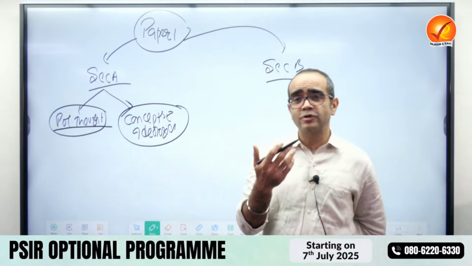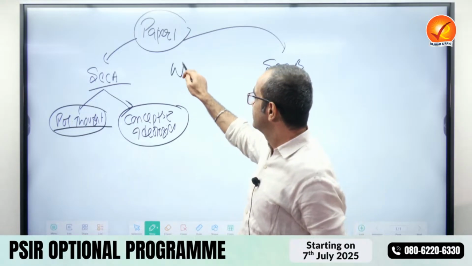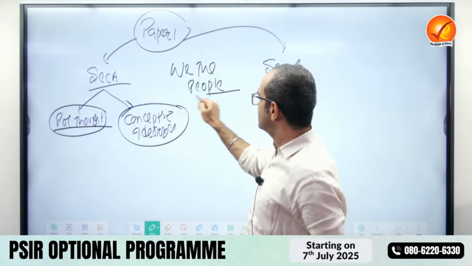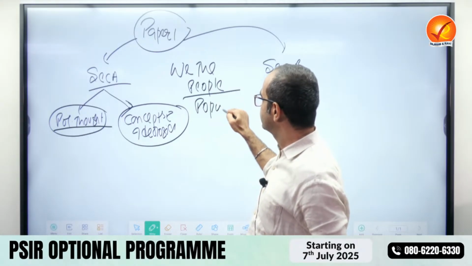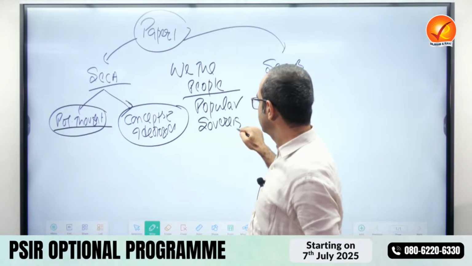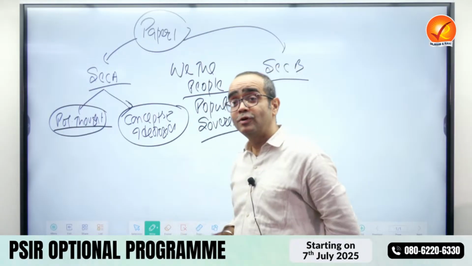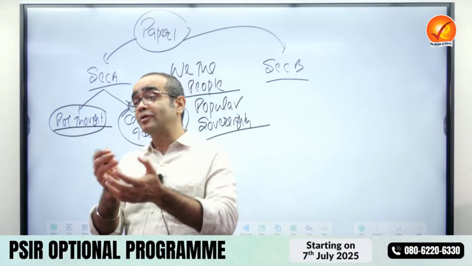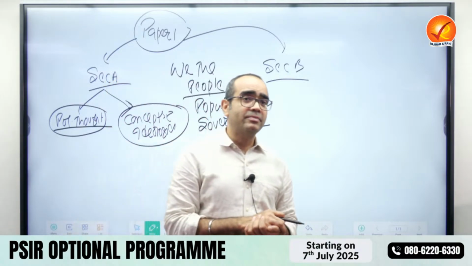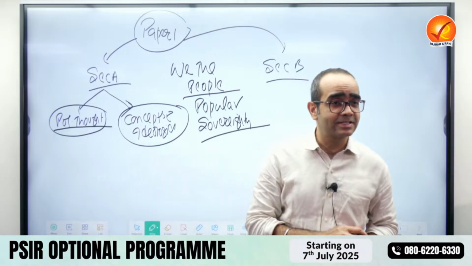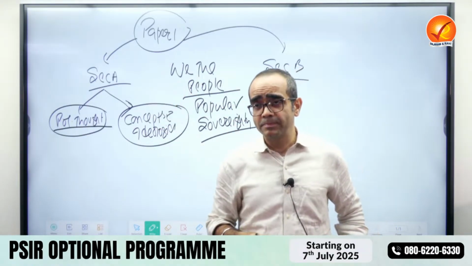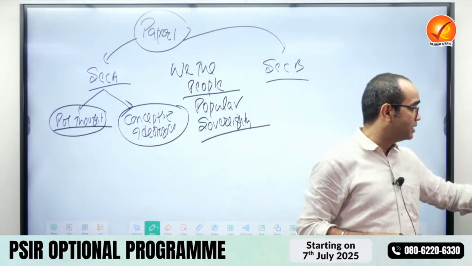So the very first words of the Indian preamble, what do they say? We the people. This talks about popular sovereignty, that in a democracy, who is sovereign? The people are sovereign. The ultimate power lies with the people. Remember Abraham Lincoln's famous statement, democracy is government of the people, by the people, and for the people. So in a democracy, people are sovereign.